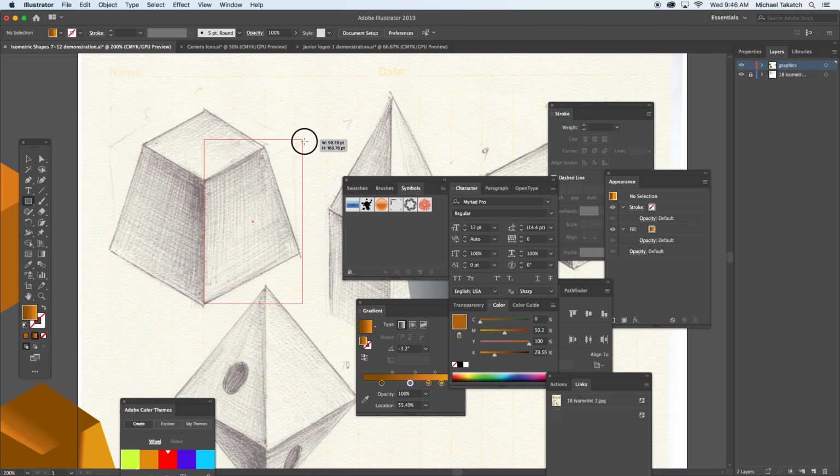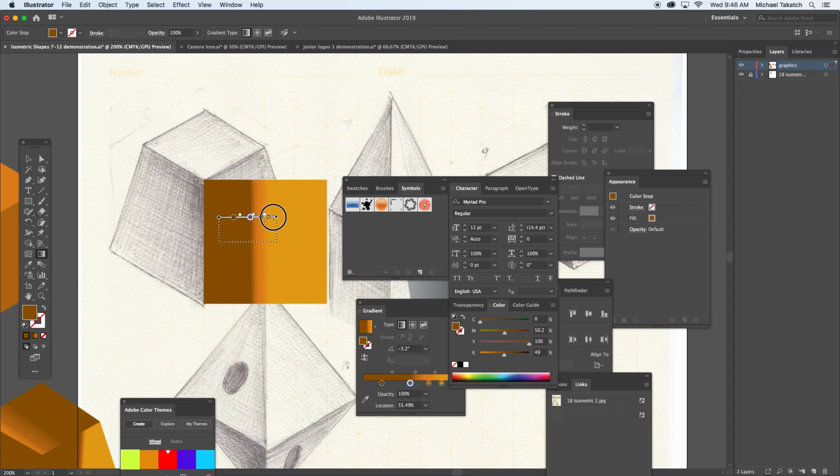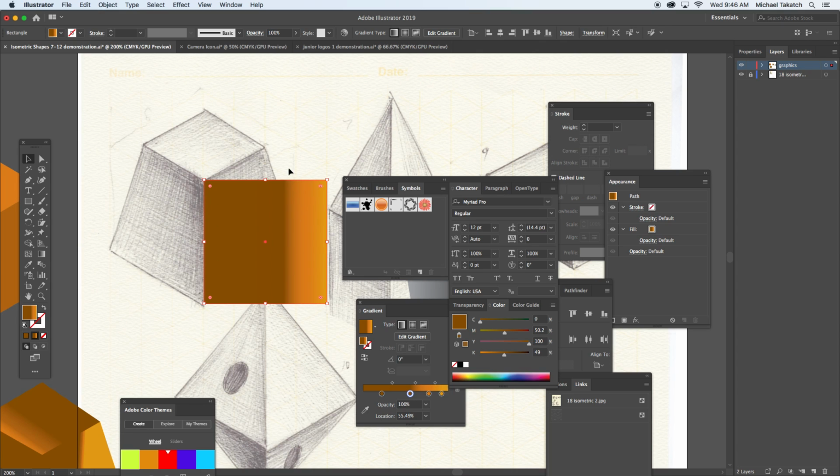So just drawing a rectangular shape. I'm going to keep it with the shift key so that it stays as a square. And let's see if this works here. So now I have this gradient section that I can work with. And I could draw it with the pen tool, but I just want to show you some of these different options